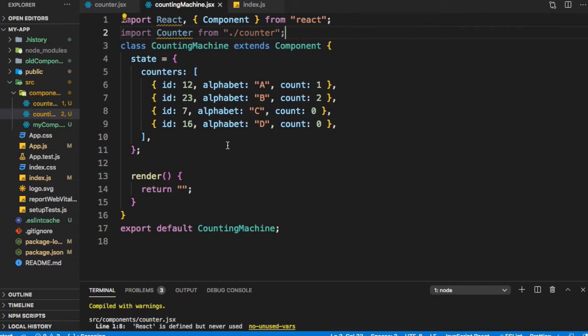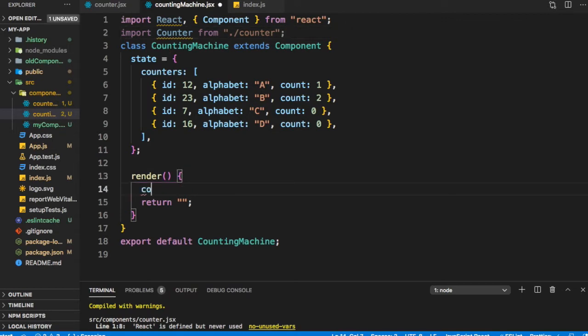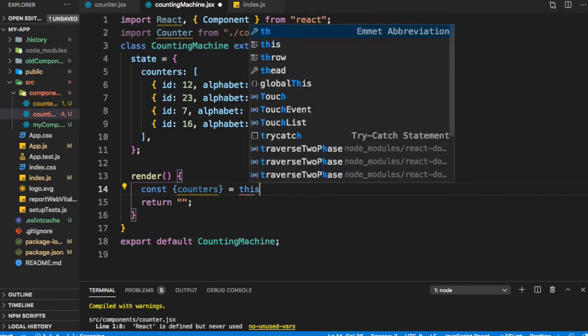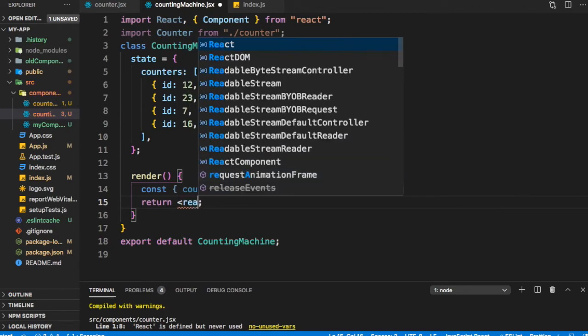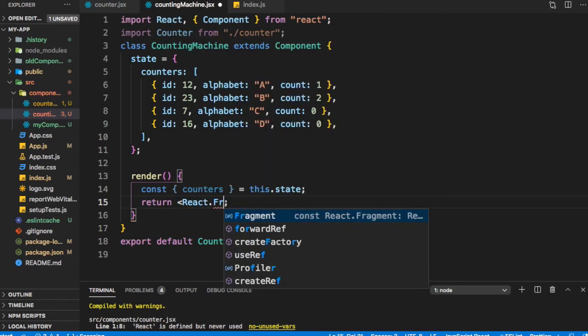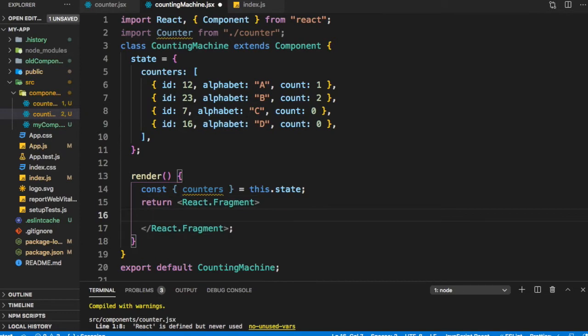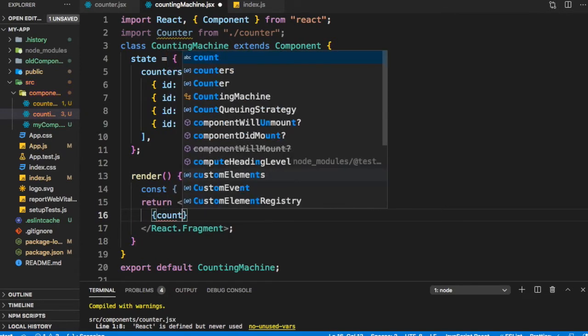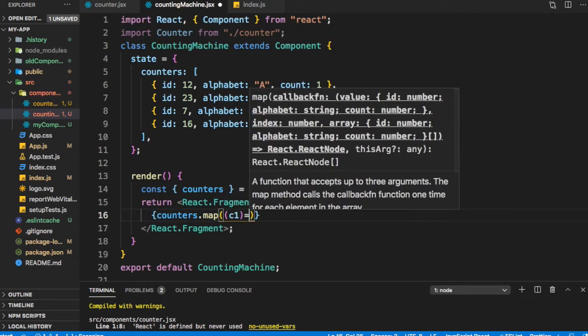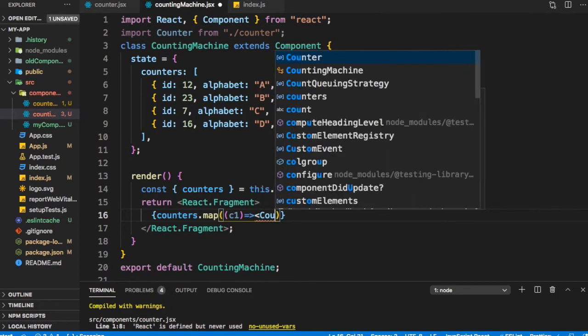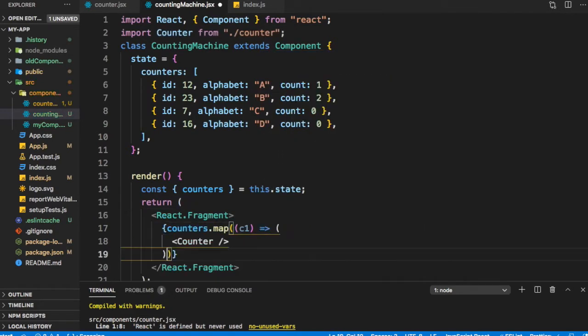Now that we have imported Counter, in the render, I can just say const counters is equal to this.state.counters, and in the return I can create a React.Fragment, and within the fragment I will use a map: counters.map, c1, which is a counter, goes to, and I will display this component Counter.